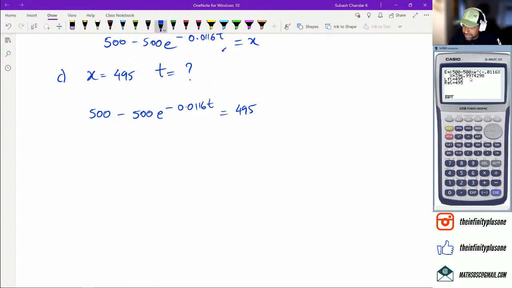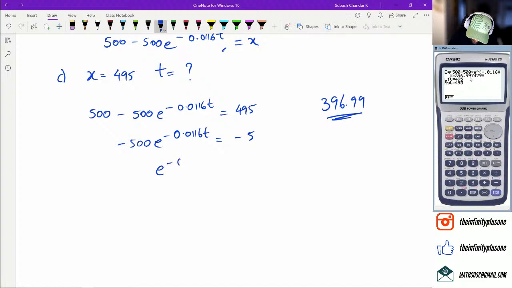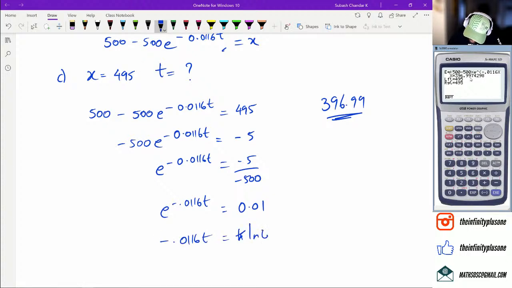Well, let's actually see if I can get it. So what was the answer? 396.99. So rearranging this, I've got minus 500 e to the power of negative 0.0116 t equals negative 5. Then 0.0116 t equals negative 5 over negative 500. 0.01, is it? Oh, God. I blame it on the strong medication. So then I get negative 0.0116 t equals ln of 0.01, and t equals,